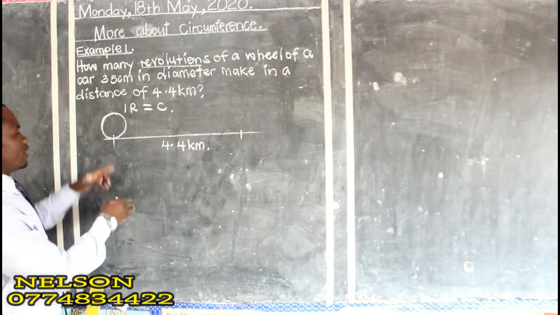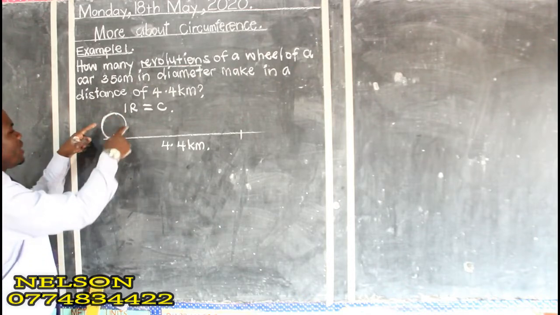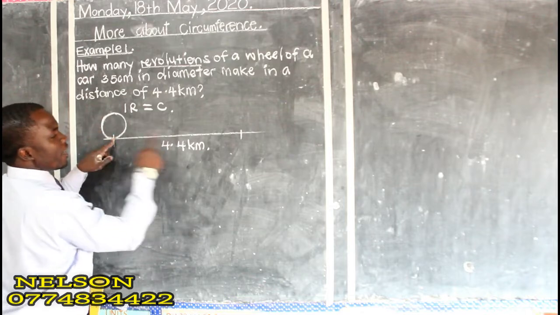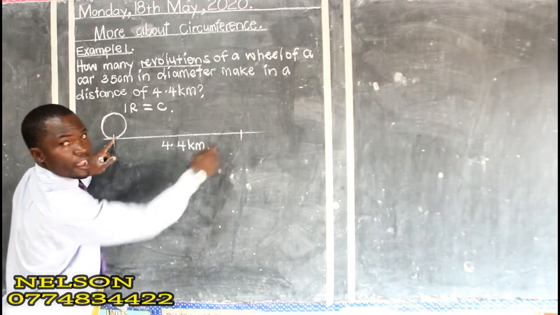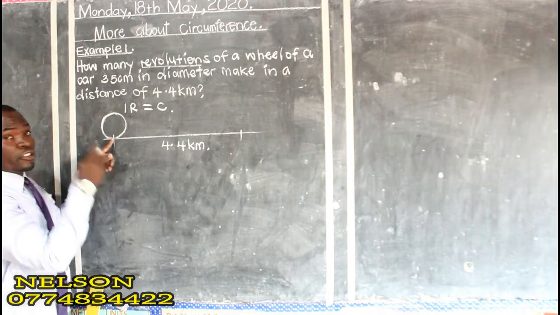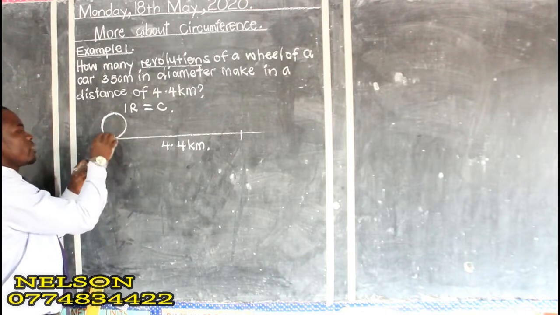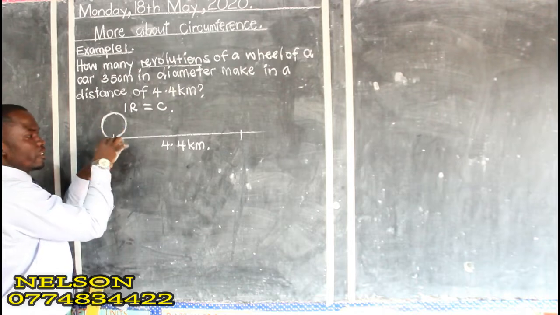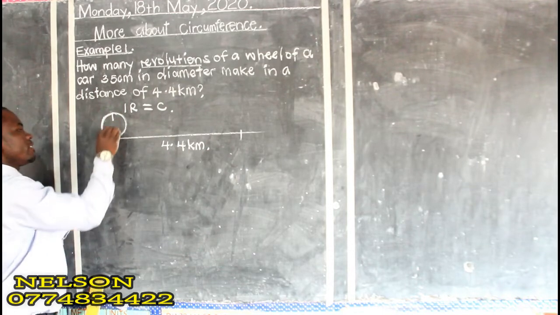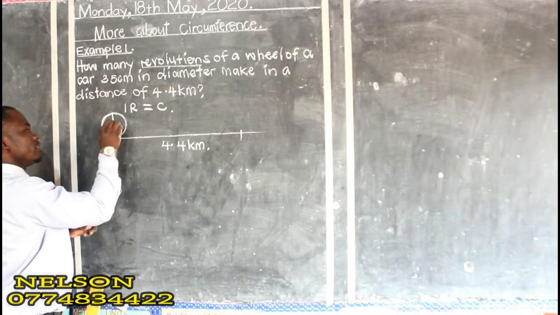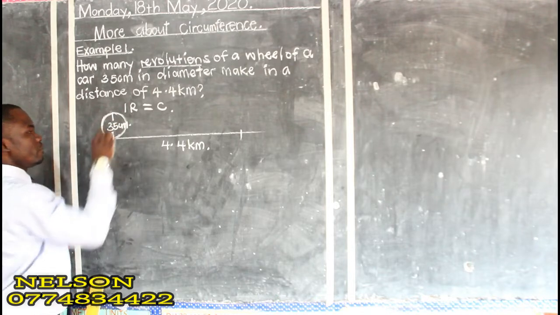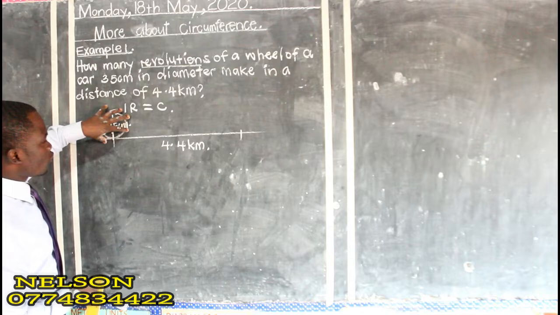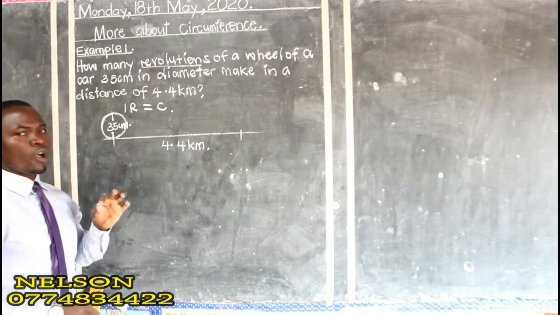So they're asking how many revolutions from here can this tire make up to here? How many of them can it make? In actual sense, how many circumferences of this wheel can it make from here up to here? And the diameter is 35 centimeters. Okay? So if you want to get the number of revolutions from here up to here, you are going to